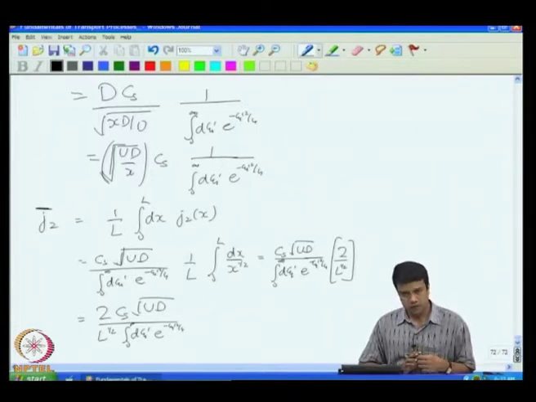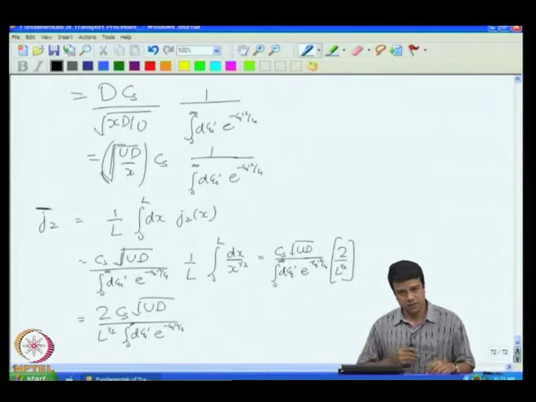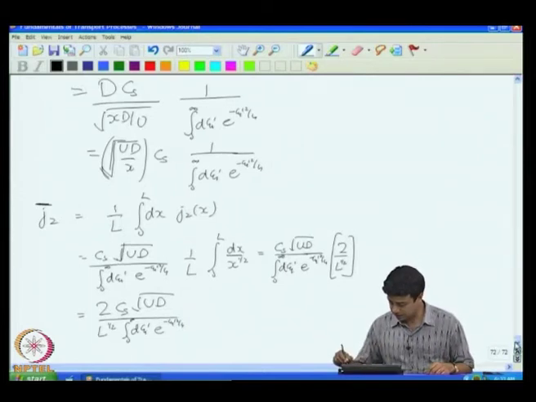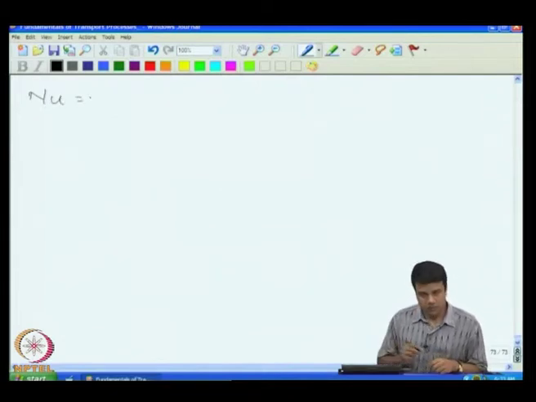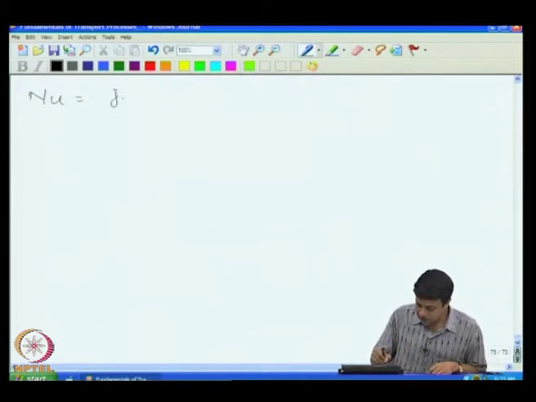Now, in order to get the Nusselt number, I have to scale the average flux by the diffusion coefficient, the concentration difference, and the total length. In order to get my correlation for the Nusselt number, note that the Nusselt number is a scaled flux. Therefore, one way to define it is the average flux